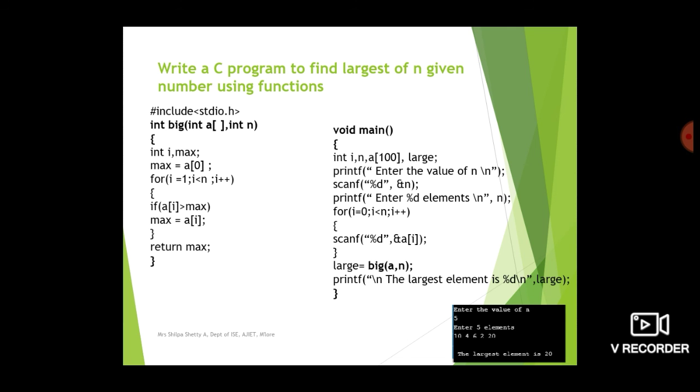Next again 10 is compared with 6. Again we know that 10 is greater, so 10 will still hold its position as max. Again 10 is compared with 2. Again 10 is largest, so 10 still will be the maximum element. Next time 10 is compared with 20, and we know that 20 is greater, so 20 will become the maximum element. After that there are no elements to compare. So once the for loop finishes, we know that the max value is 20, so that is the answer that is returned by the big function. So the largest element is 20 will get printed.